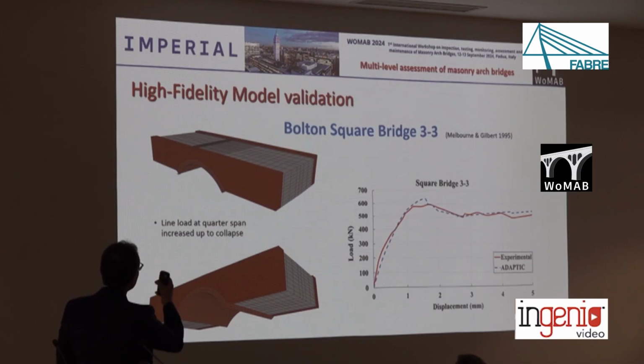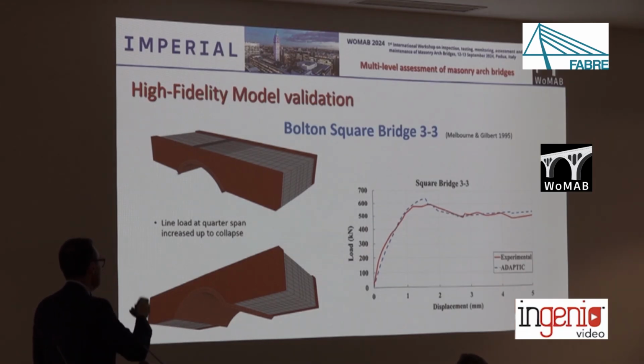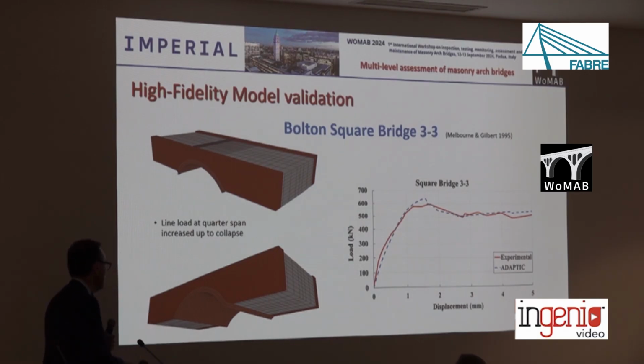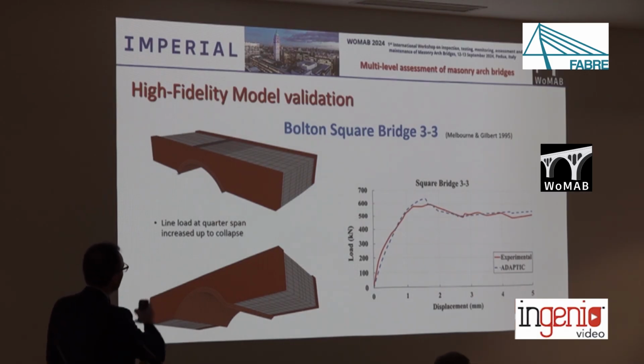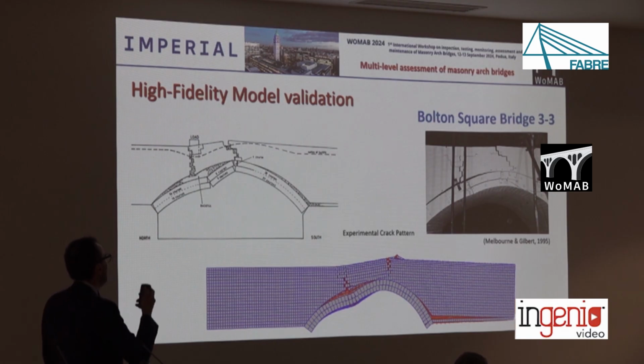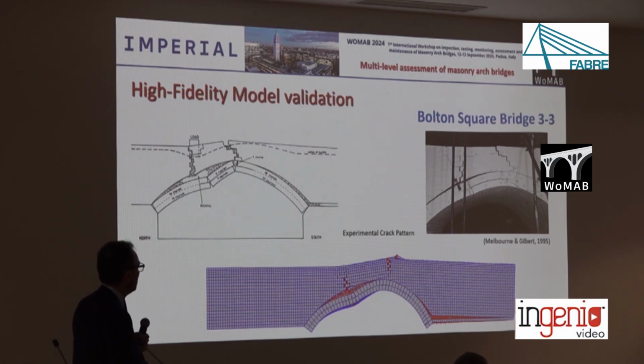So we developed a detailed mesoscale model. You see the bond for the arch and the spandrel wall are properly represented: stretcher bond and English bond for the arch, English bond on the spandrel wall. We managed to achieve accurate response prediction with good comparison against the experimental curve. And importantly, the model enables an accurate representation of the cracking pattern at failure: damage in the spandrel wall, separation between arch and spandrel wall,